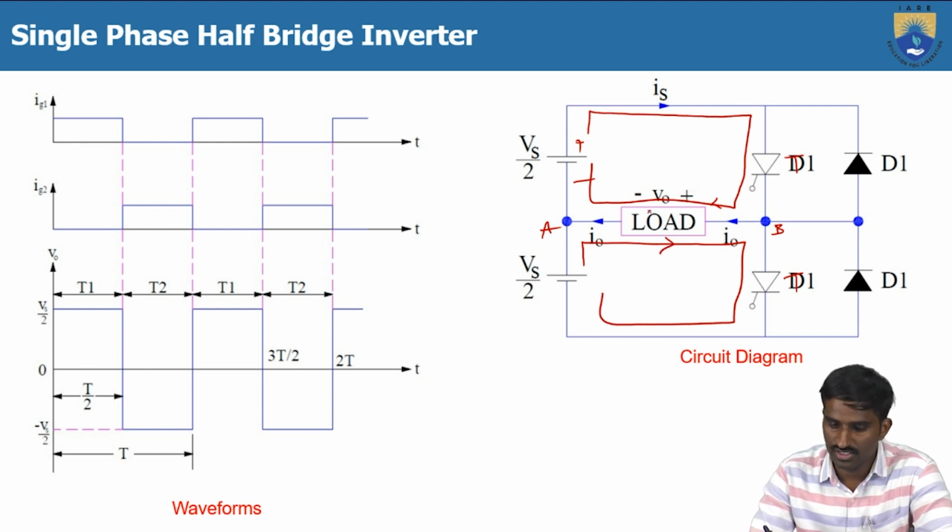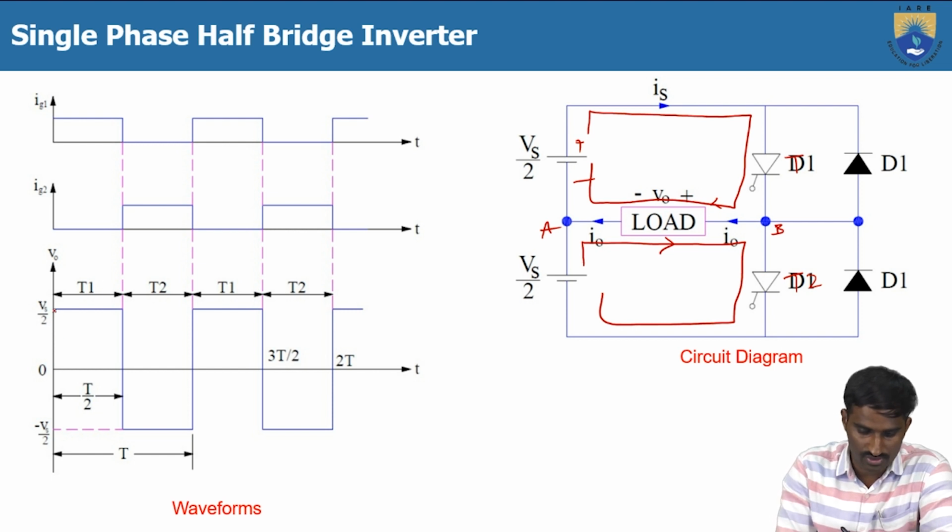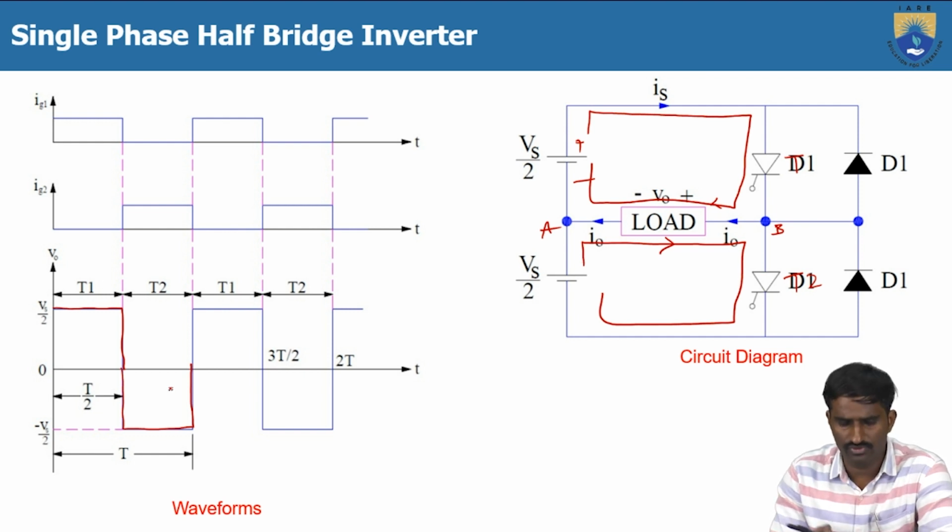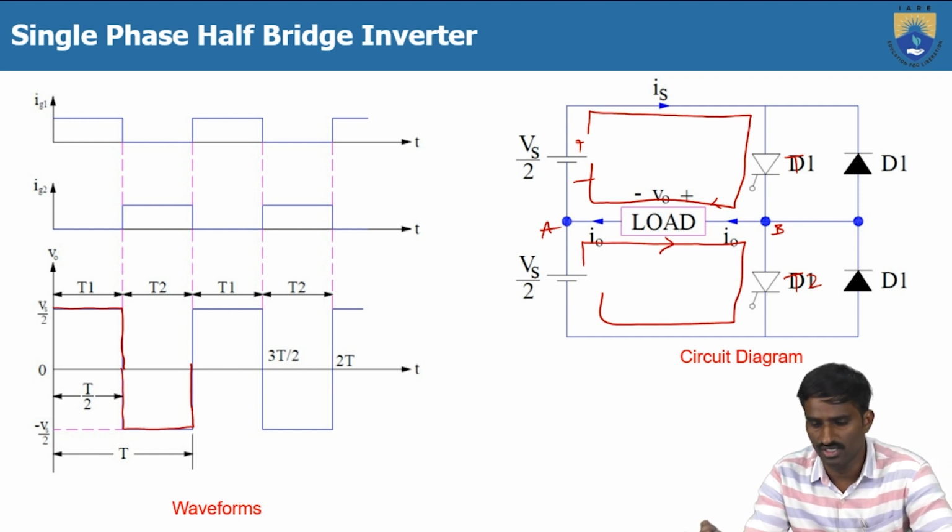So as you can see, the load current flowing through the load when the thyristor T1 is triggered is from B to A, and when the thyristor T2 is triggered the current is flowing from A to B through the load. Both are in opposite direction. So that's why here also we are getting Vs by 2 and another one is also Vs by 2 during the negative. Of course, the current waveform you will also get the same waveform,